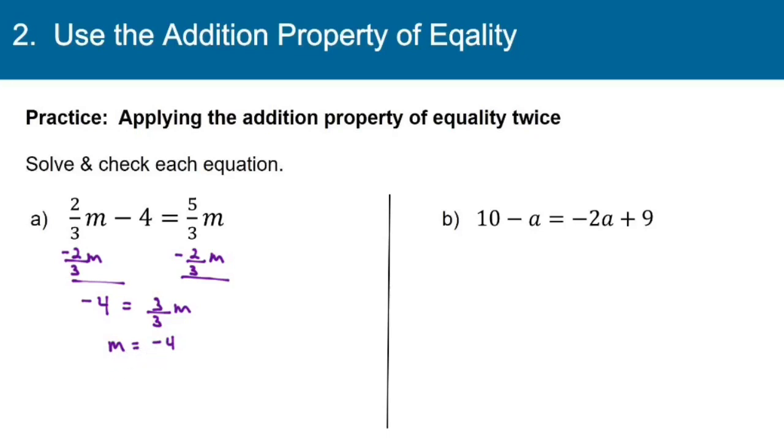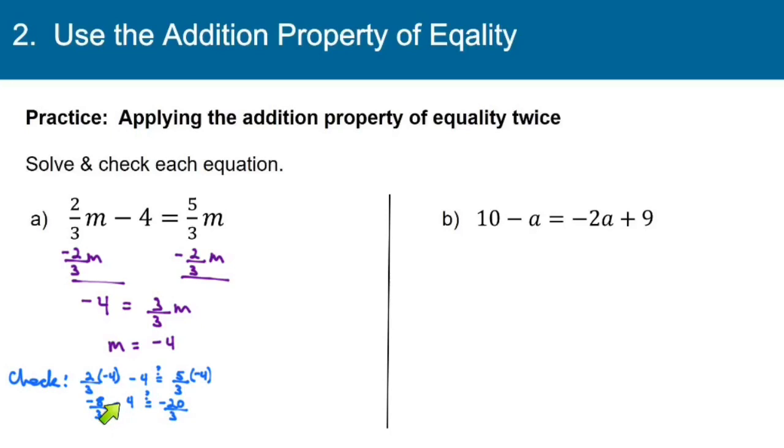You can check this very easily by putting -4 in place of the variable. And now in this case, notice that we can't do the simplifying we did on the previous equation with fractions, but it won't be very difficult at all to get this checked. 2 times -4 is -8, so this fraction is going to be -8/3. Then we have minus 4. This fraction is going to be 5/3 times -4, which is